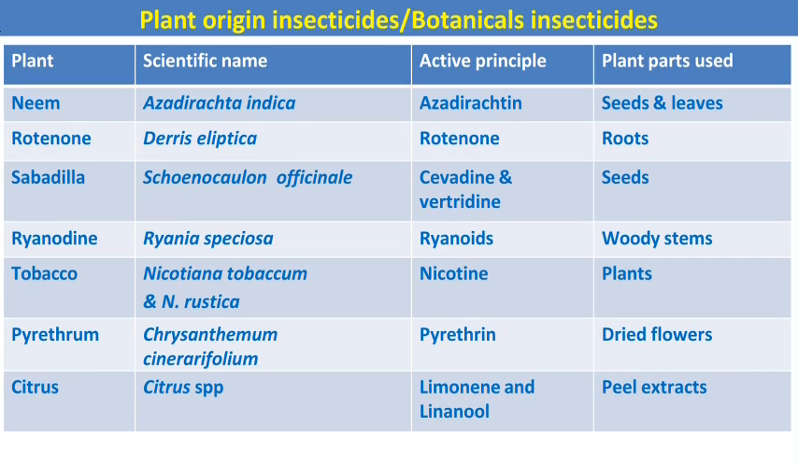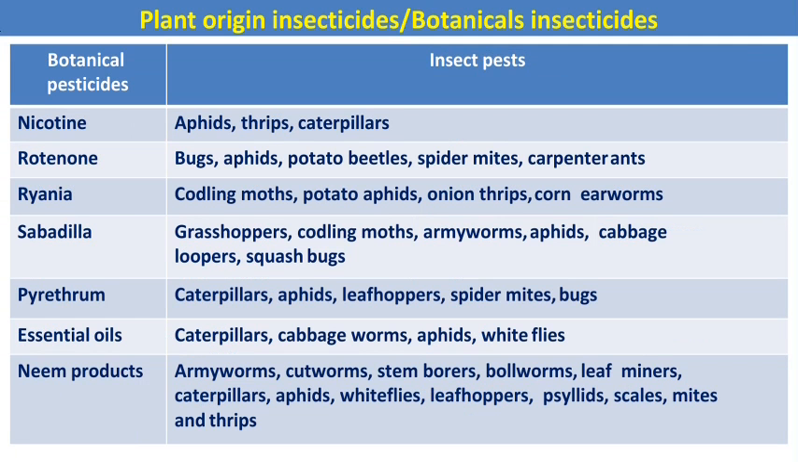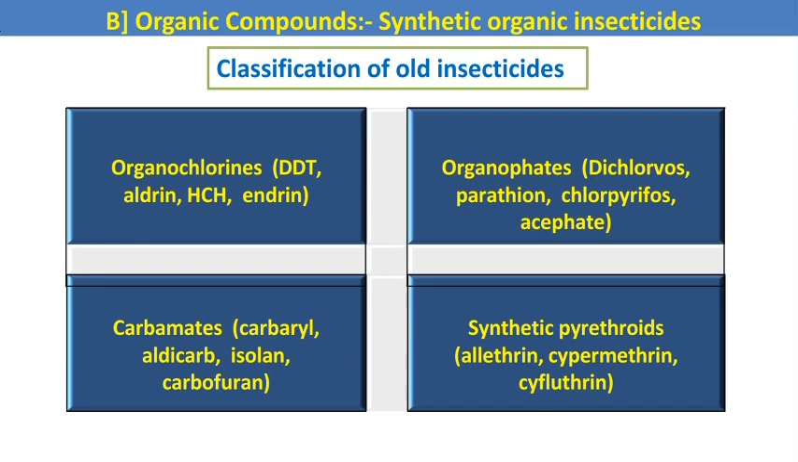These are some of the botanical insecticides mostly used in IPM techniques. All these botanical pesticides are effective against near about all pests. This is the chart which shows the different botanical insecticides used against particular pests. Next category is synthetic organic insecticides, having four subcategories, that is organochlorine, organophosphate, carbamates, and